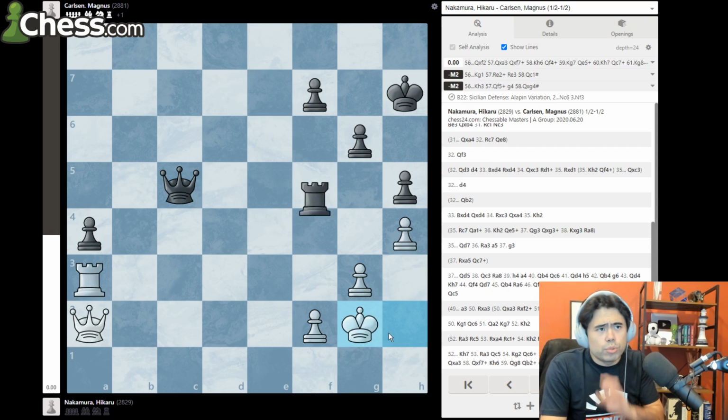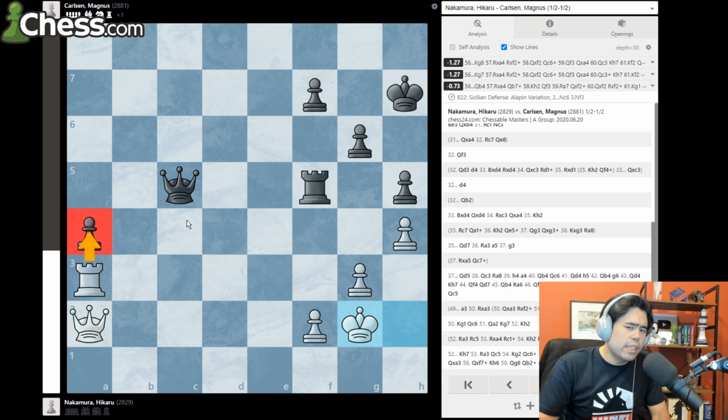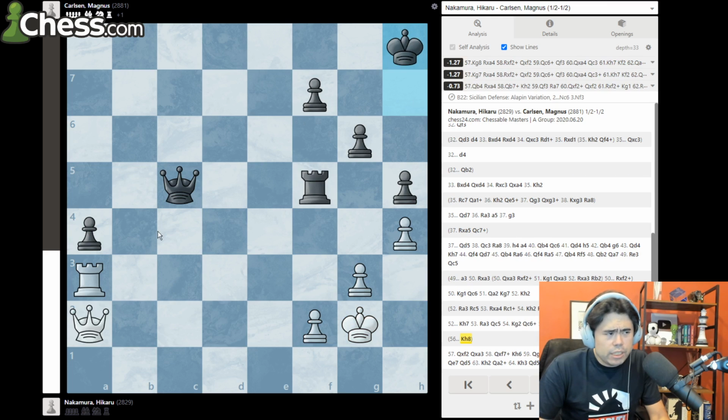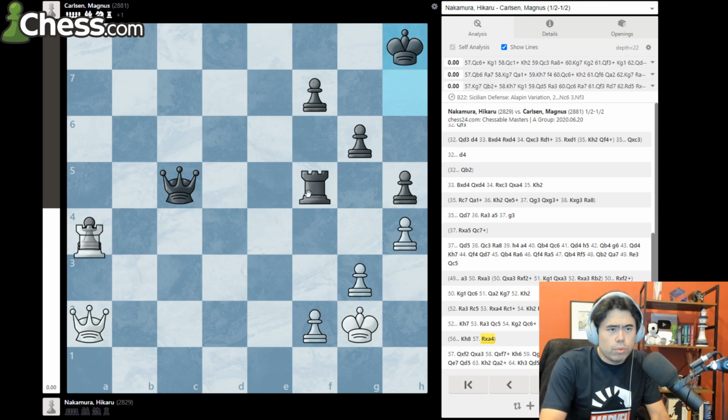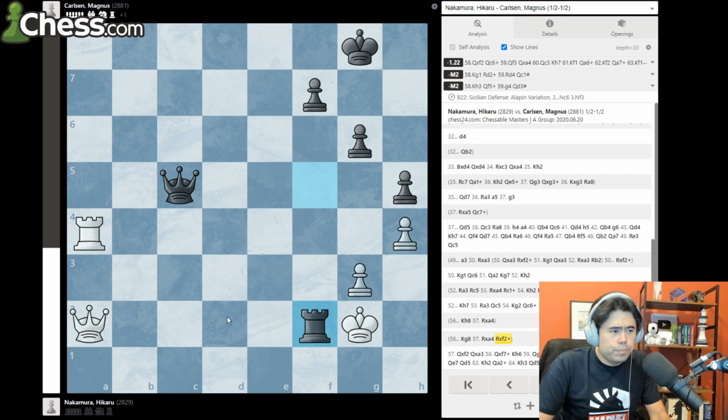and finally Magnus goes rook f2. Kind of running out of ideas here because I'm going to take the pawn. And at this point, it's really a question of which endgame works for black. So Magnus could have played king g8, rook a4. Wait, sorry, wrong square. Go here, here, takes...